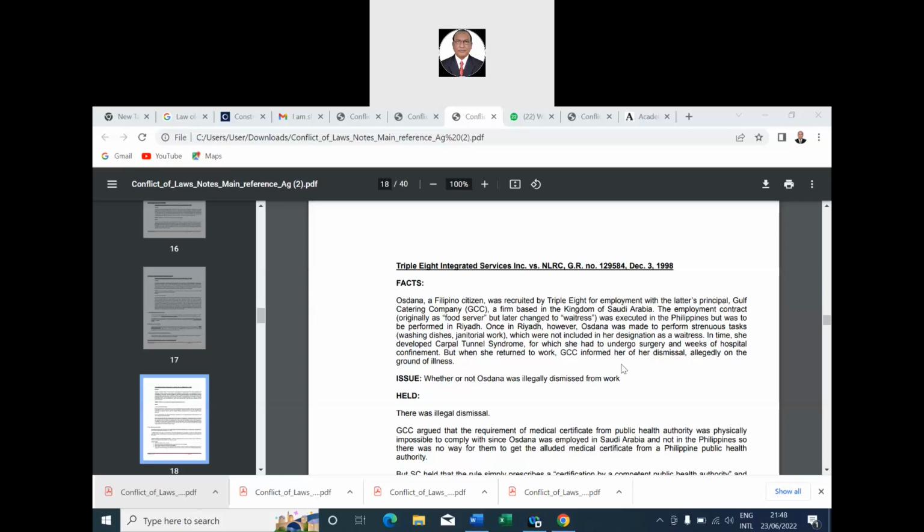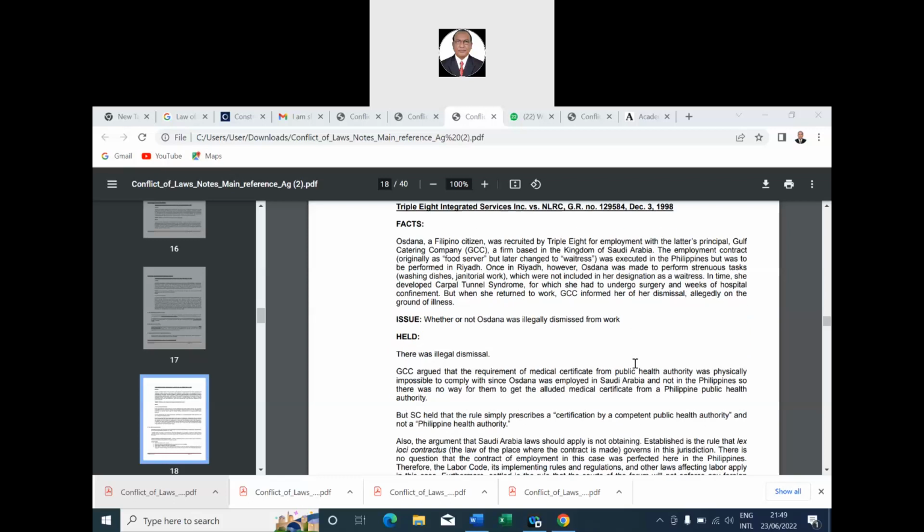And in her absence, the employer dismissed her allegedly on the ground of illness, and hence she was dismissed. But generally, when people go to the hospital, they inform the employer and produce a medical certificate stating that they need rest or that treatment is going on. But here, abruptly, when she did not turn up for the job, the employer dismissed her.